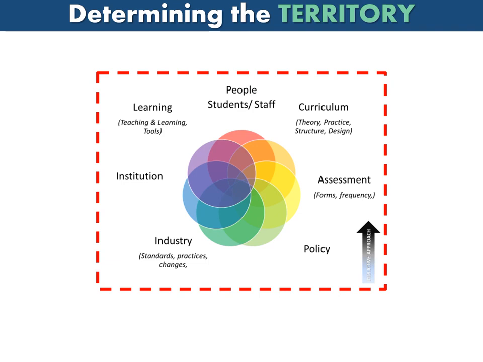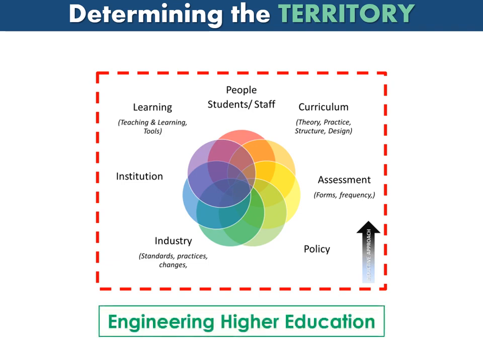Let's go back to our faculty problem case. So here we have multiple aspects. Who's doing the teaching? What's the context? What's the subject area? How are students learning? What are the conditions? Now, none of these stand in isolation. They always relate to each other and to your central problem. But all those related areas define what we call the territory in which we're working. In this case, in our faculty problem case, the territory is engineering higher education.